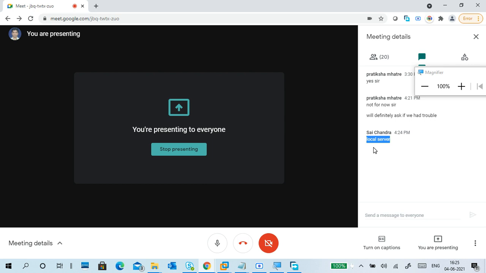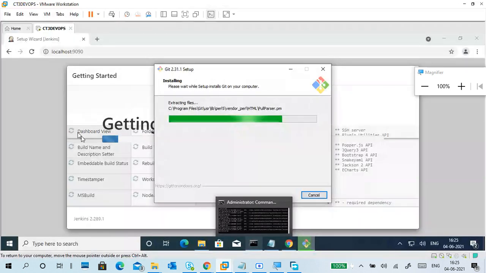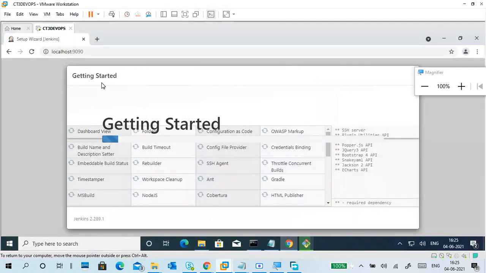So I no need to specify my IP address or an actual host name. Localhost means the process running inside my PC only. This installation means Jenkins is running on my PC only, and I am opening this browser on my PC only. That's why I use localhost.